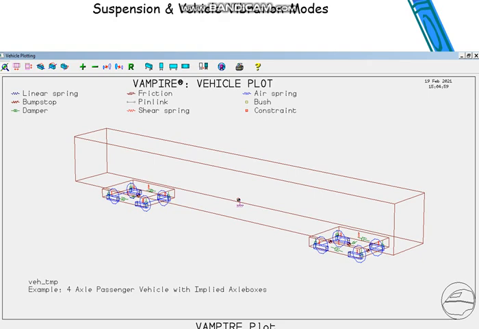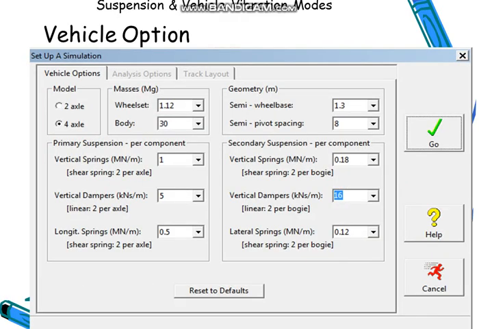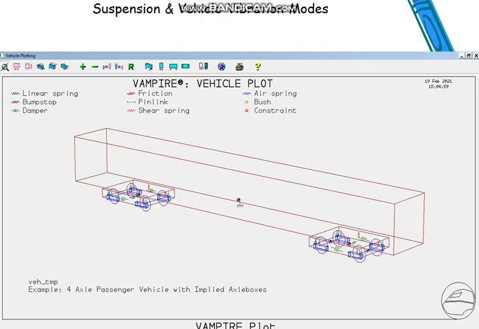once you have defined your vehicle option, you can observe in a 3D model what you have defined in that section. You can see that in the vehicle plot there are symbols for linear spring, bump stop, damper, shear spring, pin link, friction, air spring, bush, and so on. All of these have their own symbols,